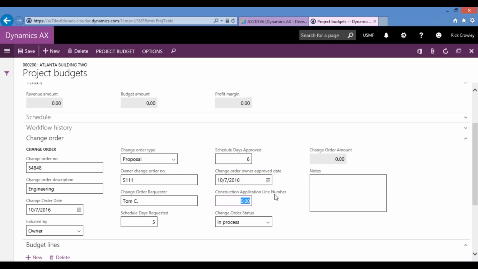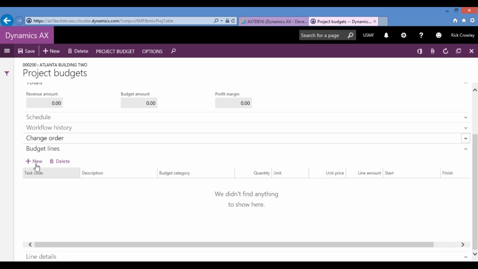The construction application line number, where we want to add it on the schedule of values, can be linked through the change order number, or we can dedicate its own line. The status we're going to put to approved, and we'll just write in notes. So now that information's been added,